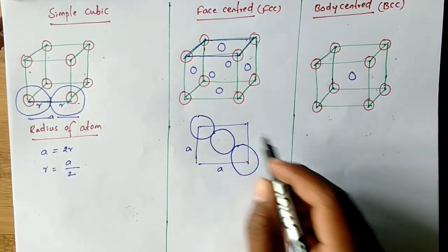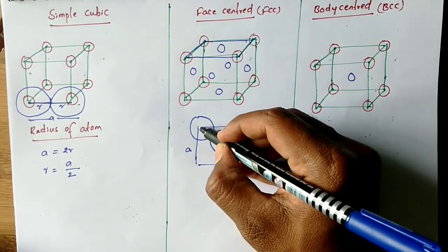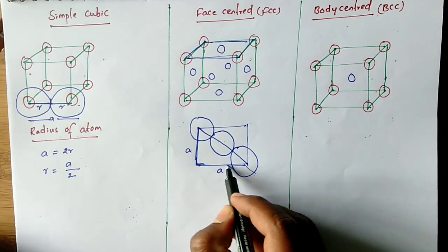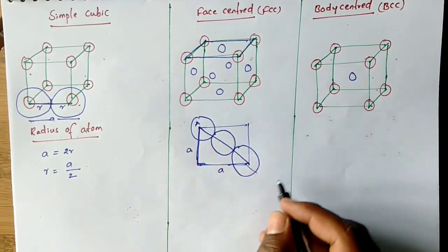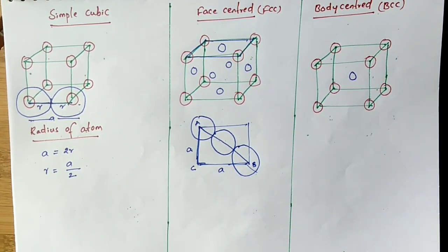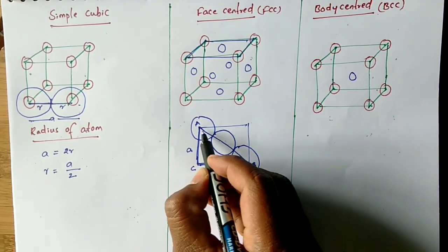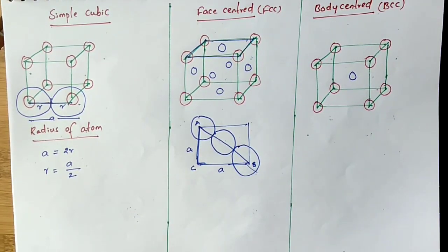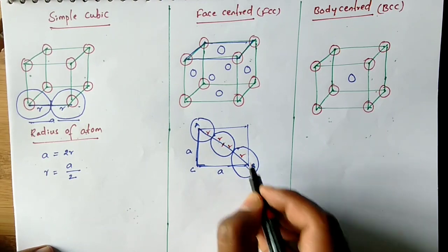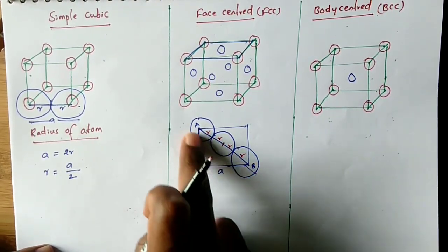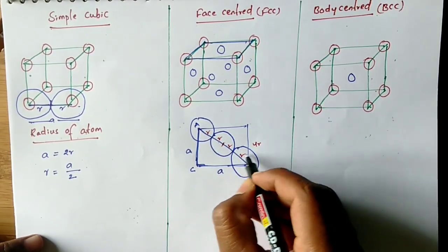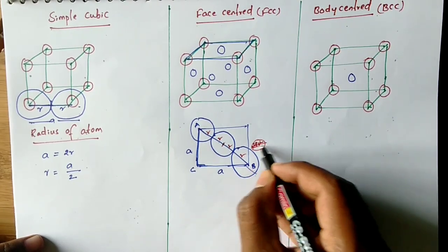Okay, this is called face diagonal. What we call this one? Face diagonal. Okay, here to here, right? Right. So assume this is point A, and this is point B, this is C. Okay, can I take here this length as a radius? Can I take here one radius, and up to here one radius, here one radius, here one radius. Total how many radius are there? 4 radius. So this total length equal to what? 4r. This total length equal to 4r. Okay, I am writing here.